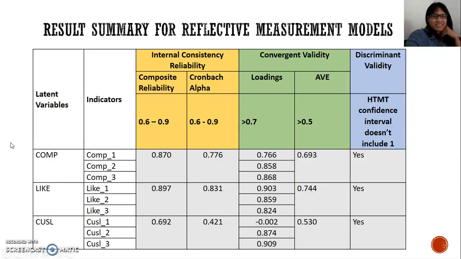This is the result summary for the reflective measurement model. Discriminant validity, including HTMT, confidence interval doesn't include 1. Yes, yes. And the convergent validity, the AVE and loadings all meet the criteria except on this one. Also the internal consistency reliability, the Cronbach alpha and composite reliability